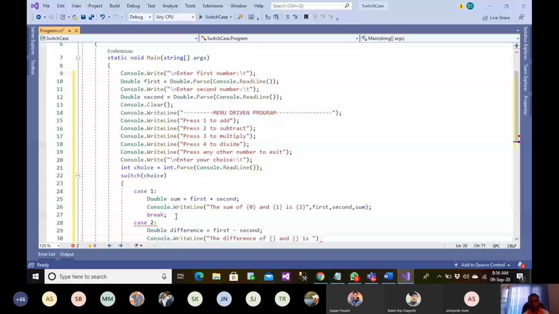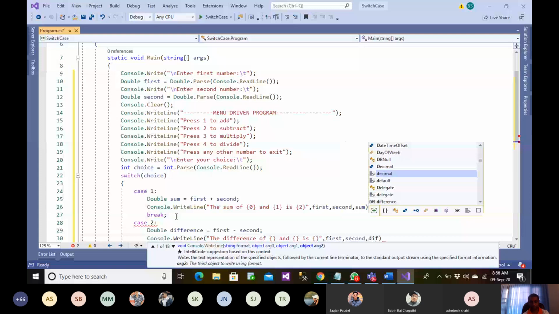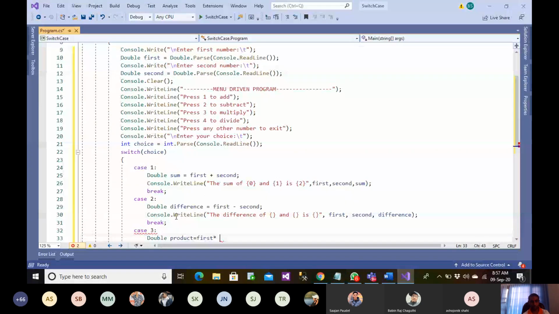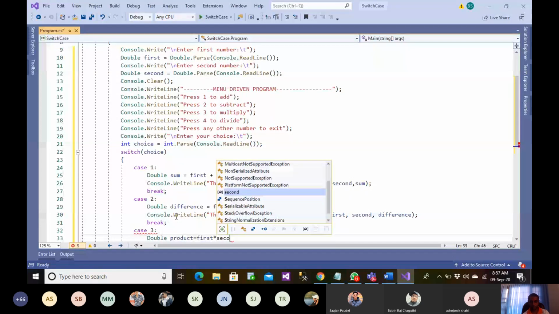First, second, and difference. Case 3, double product equals first into second, and the product.